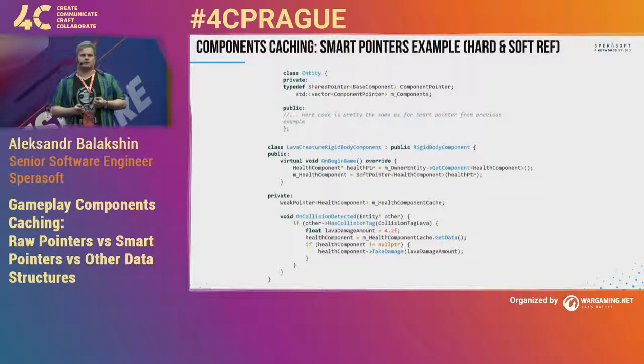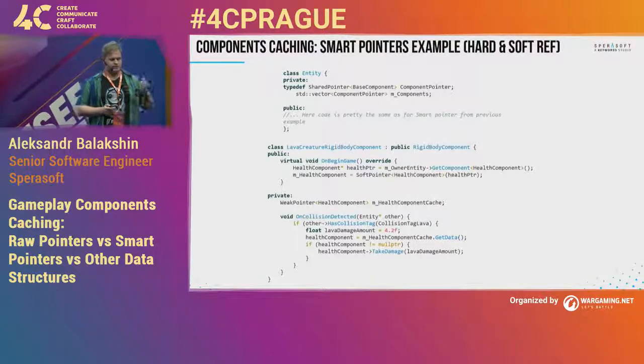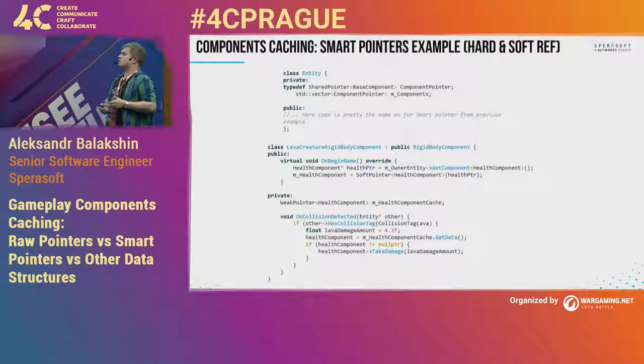But here's a drawback of this. First of all, as you mentioned, there would be one additional level of indirection here because you need to get a pointer to the data container, and from the data container you need to get a pointer to the actual data. My colleagues told me that probably it would be somehow optimized. Maybe they're right, maybe they're wrong. And the other thing is that